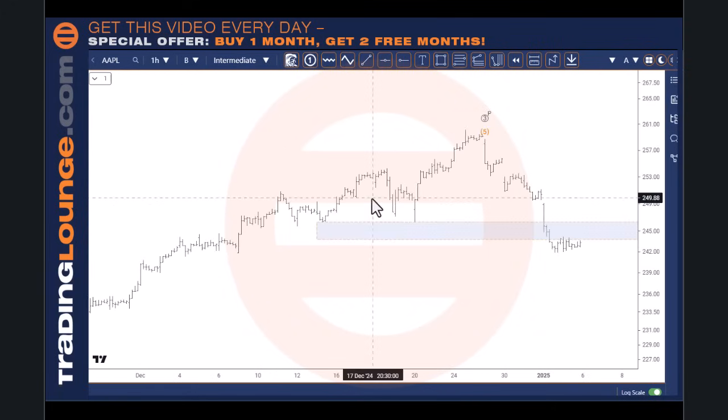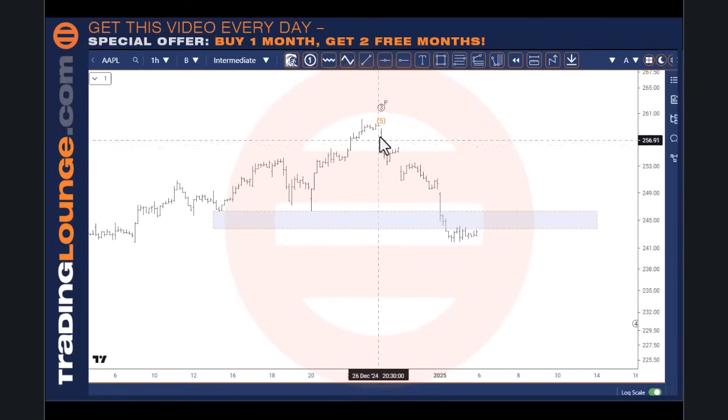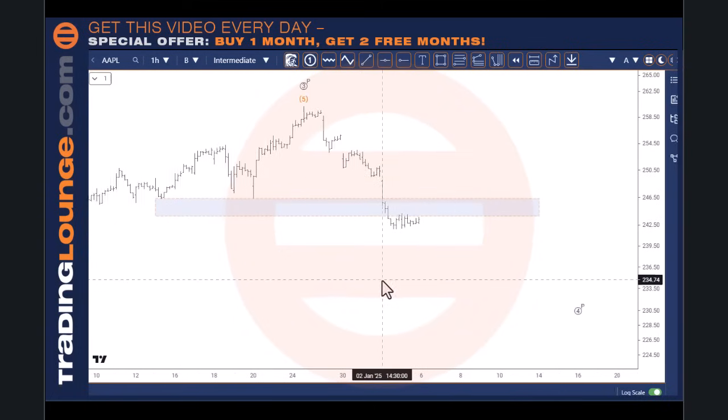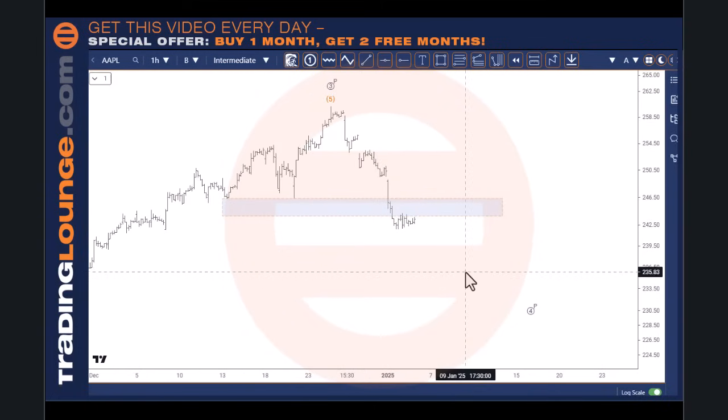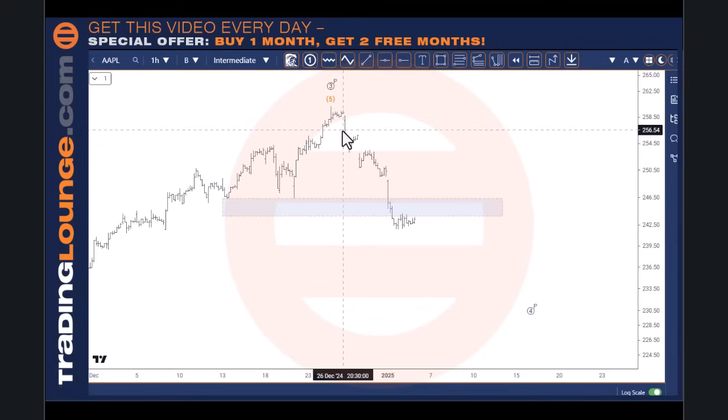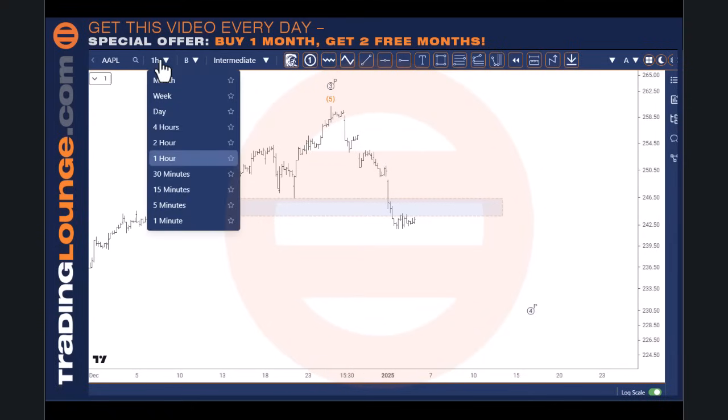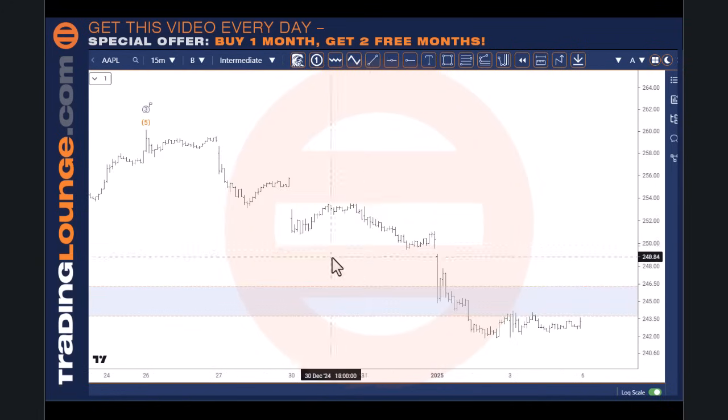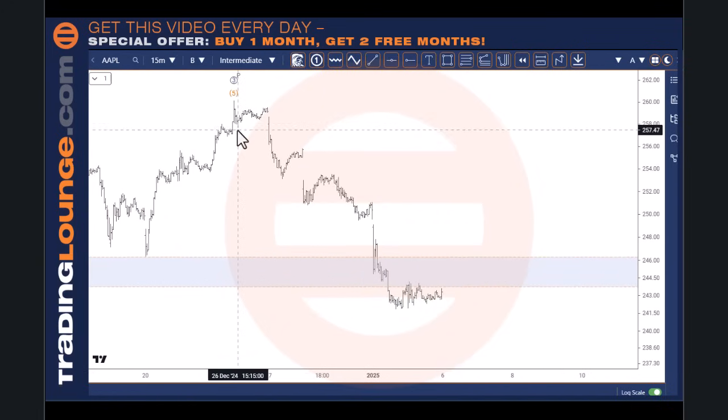So let's just go to the intraday at this point, to the 1 hour area. That was back over here. I will put that back up there. And if you put those on the right thing, they'll just pop up and be in the right mode. So I can see here that we've got 1, 2, 3, 4, 5 to this point, but we might just drop it down into the 15-minute chart and look at this a little bit closer. So you can see we've got 1, 2, 3, 4, 5 here. So we can place this 5-wave structure at this point here as 1, 2.